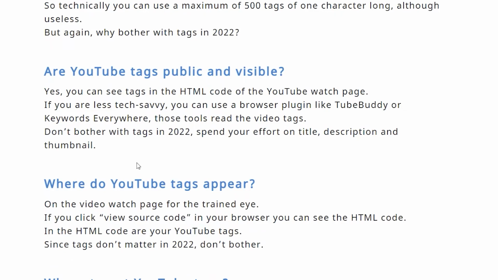Are YouTube tags public and visible? Yes, you can see tags in the HTML code of YouTube's page. If you are less savvy, you can use a browser plugin like TubeBuddy or Keywords Everywhere. Those two